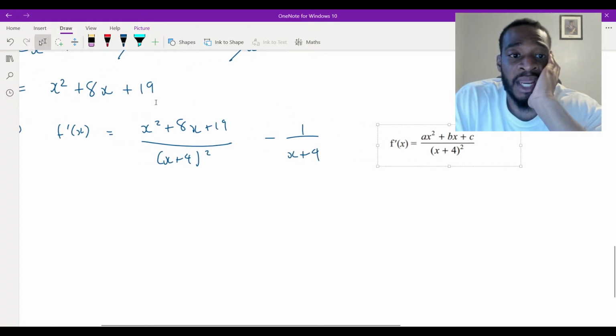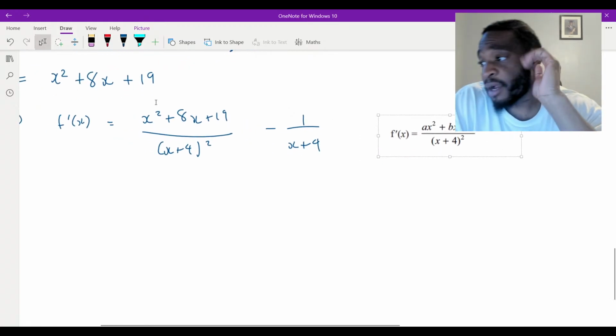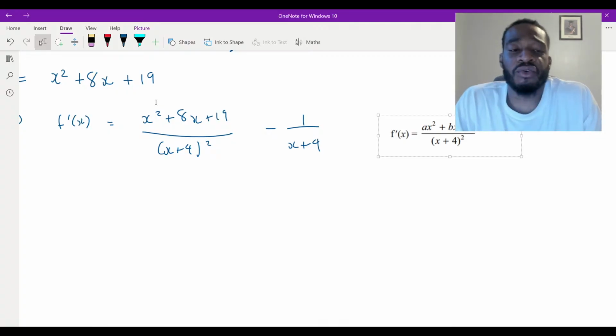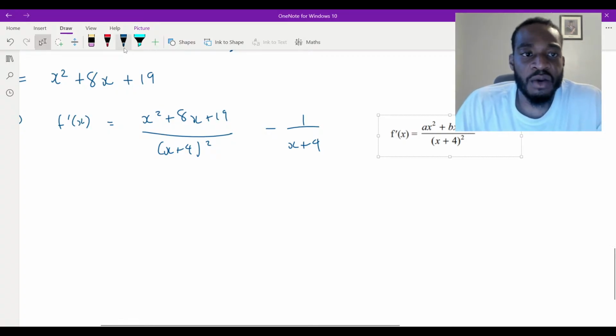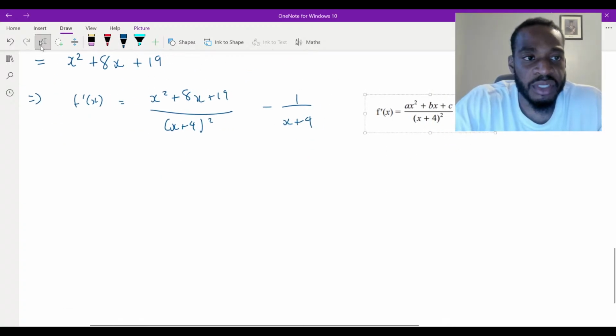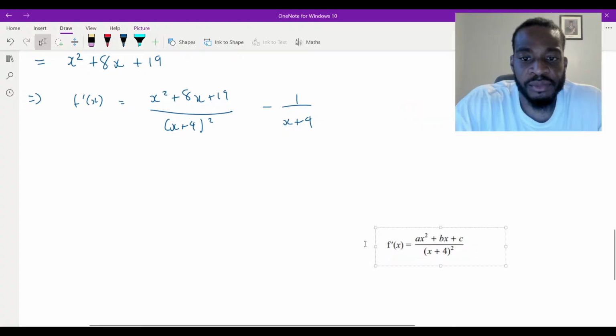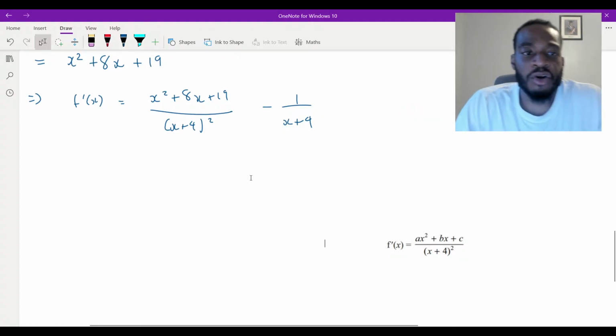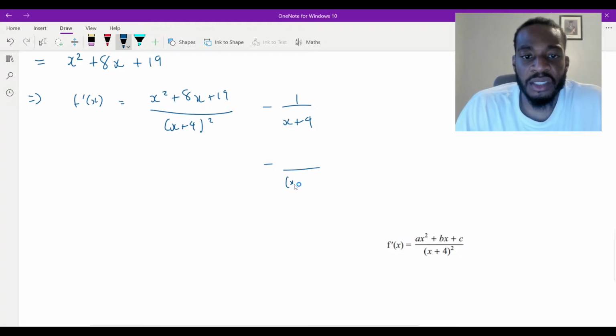So yeah, we just need to combine these, don't we? Yeah? So if I do that, then we need a common denominator. Let me zoom out a bit, and then let me put this here. So common denominator. That means that this one is going to be x plus 4 all squared, isn't it? So that means that I'm going to times that by x plus 4, so times top and bottom by x plus 4 to get the same denominator. Now I'm in a position to